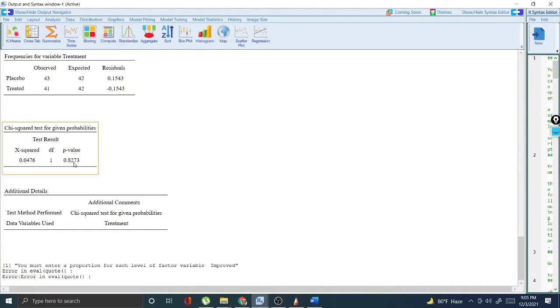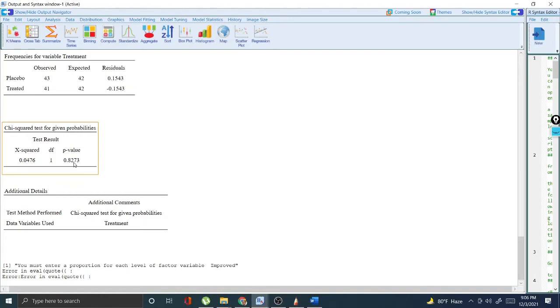So by looking at this value we can conclude that if it is less than 0.05, of course we can say the groups are not independent. If it is more than 0.05, we can say that the groups are independent. So that is the main message of the chi-square test result. And in most cases when we do a randomized control trial or any sort of analysis, we usually try to find this particular table and see whether the two groups are related or associated or not.